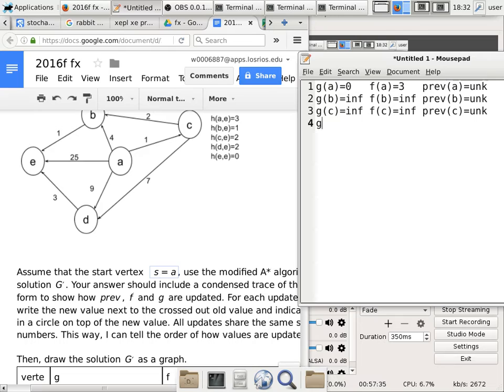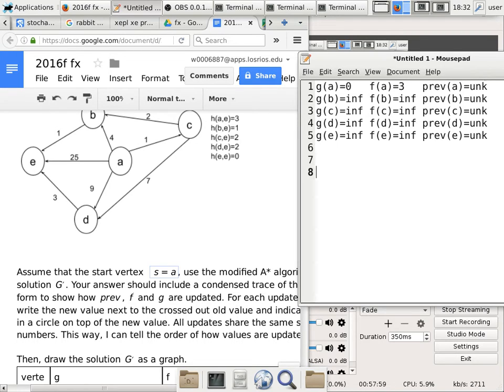And then I'm just going to be a little bit lazy here. E, E, E, and E. There we go. So even though E is the end state or the destination state, it doesn't get anything special. Only the start vertex is special. Is that okay? Yep, go ahead.